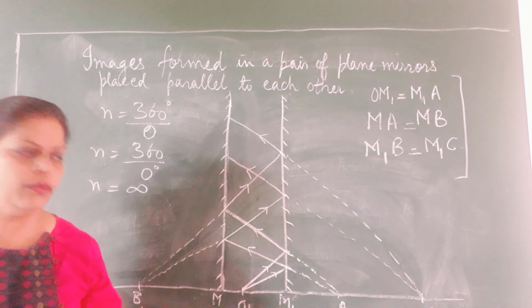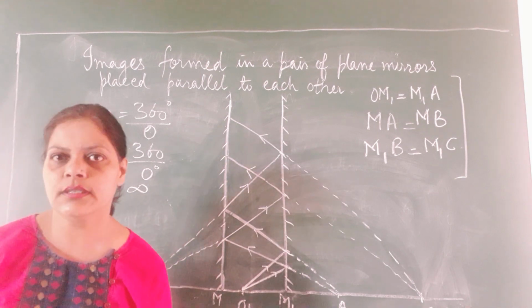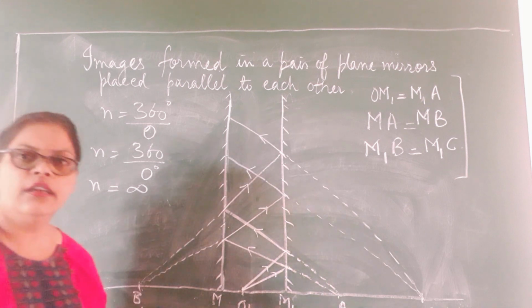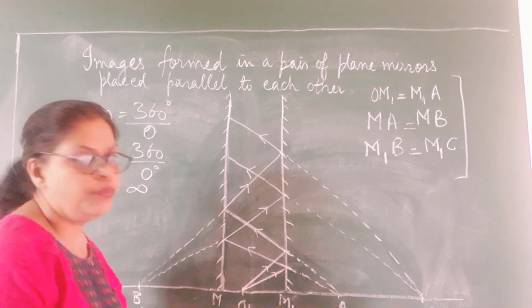So this happens when the plane mirrors are extending further, that many multiple images would be formed. Please have a careful look, practice this diagram, and then we go to the next diagram, and that is images formed when the mirrors are placed perpendicular to each other. Perpendicular to each other children. I hope you have understood how to draw. I know it is a little difficult diagram, but you need to practice it.